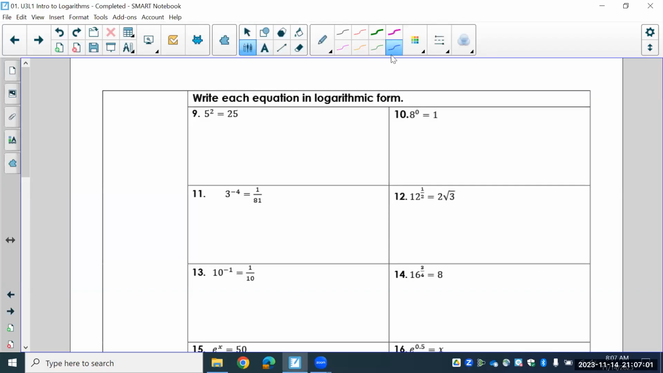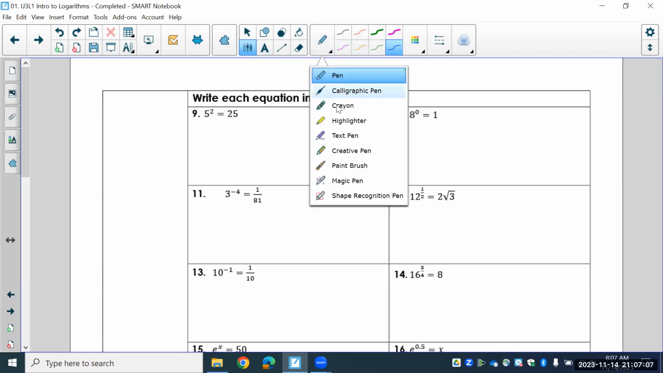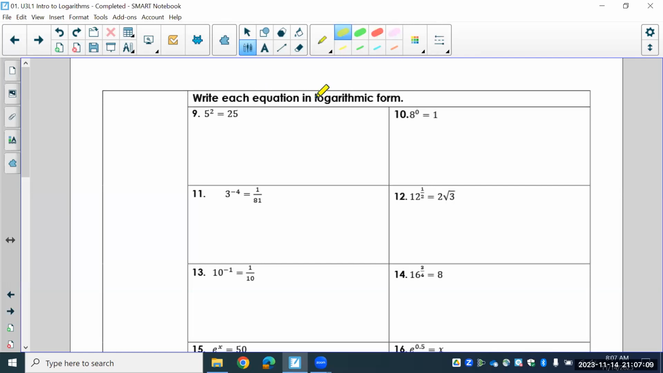All right, welcome to your second video on the second lesson for Module 3 for Algebra 3 Trig. And here, what we're going to do is take an exponential equation and write it in logarithmic form. Again, the key here is understanding that they share a base, meaning my base on my logarithm is going to